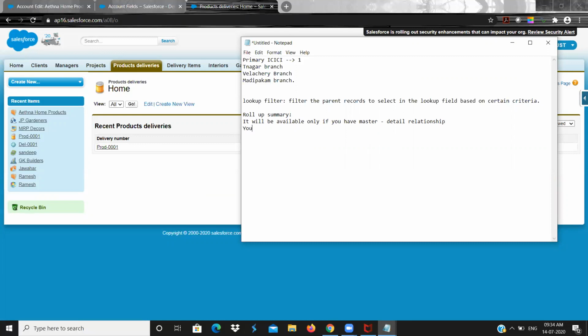So you can create this field in the master record. Okay, master object. First thing is it is available only if you have master detail relationship, and this field you can create only in the master object. Okay,